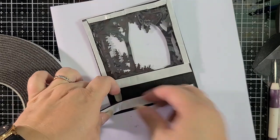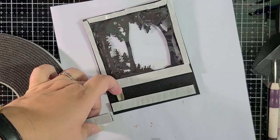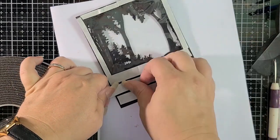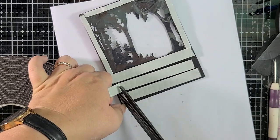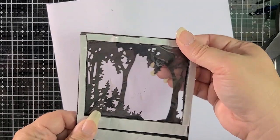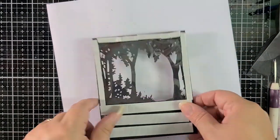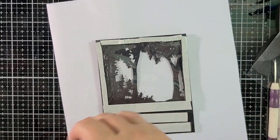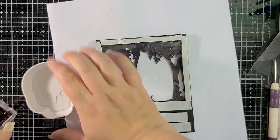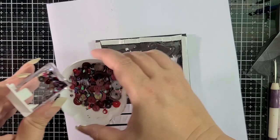Put a piece here. And then another one in the middle, like so. Okay. Now what we can do is fill our well with our sparkly stuff. I'm going to just dump this into my little skull tray that I got from Twiddler's Nook,